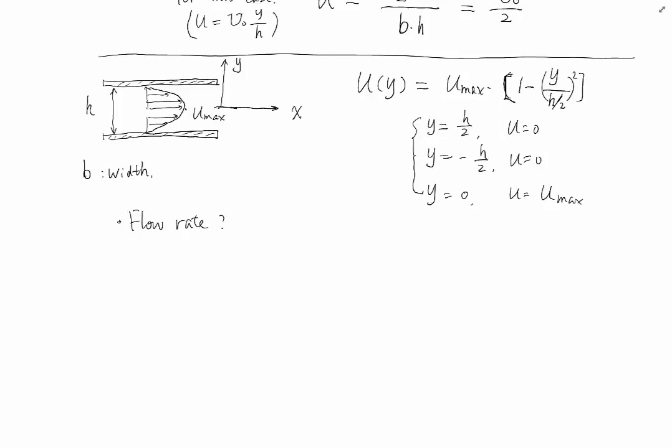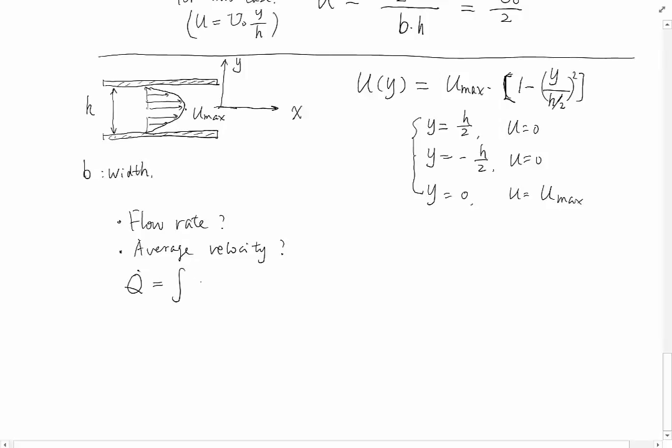If we ask the mass flow rate, we will specify that we want mass flow rate. So flow rate as well as average velocity. So what do we do? Flow rate